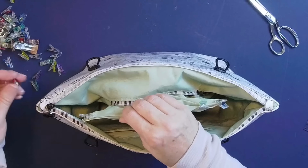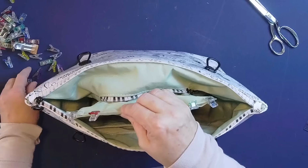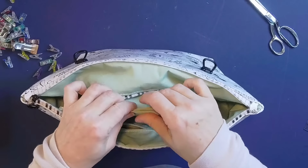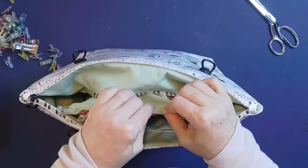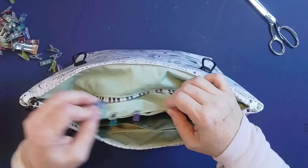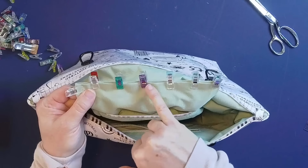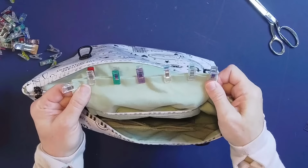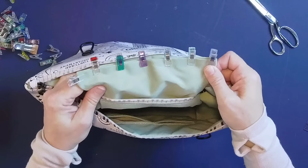Right at about somewhere between 1/8 and 1/16 of an inch. I like to go 1/16 of an inch or as close to the edge of the fabric as I can while still catching both sides of the pocket opening. Okay, so we're going to stitch right along this bottom edge, like I said, at about 1/16 of an inch, and then push the pocket back in,